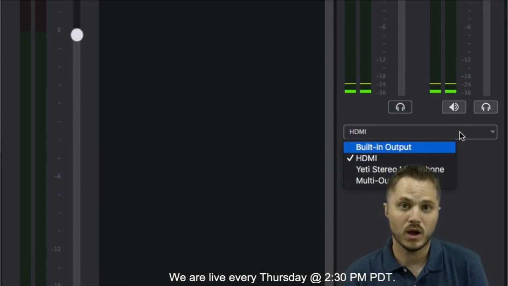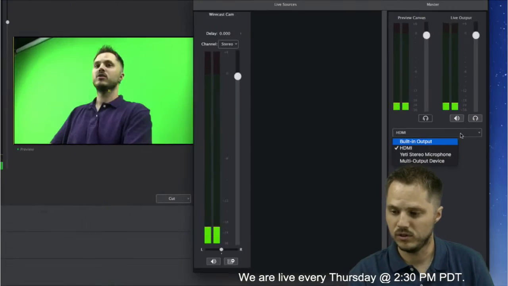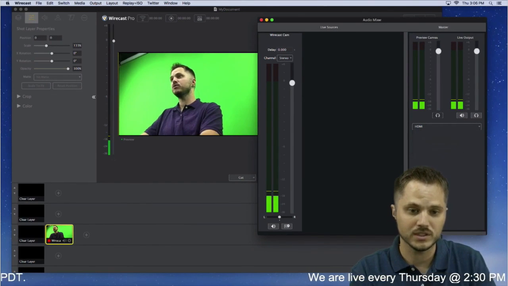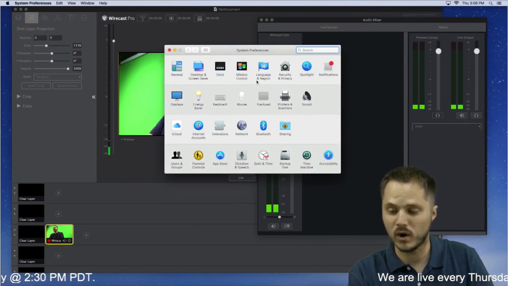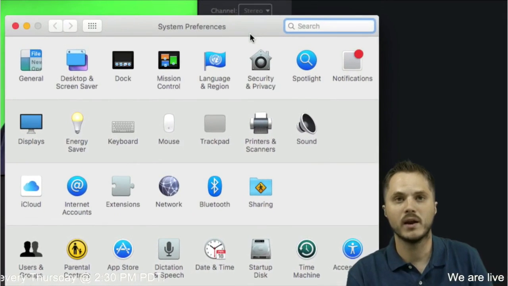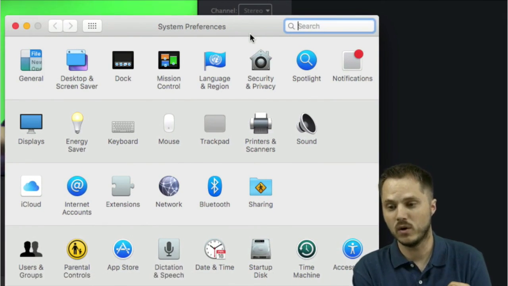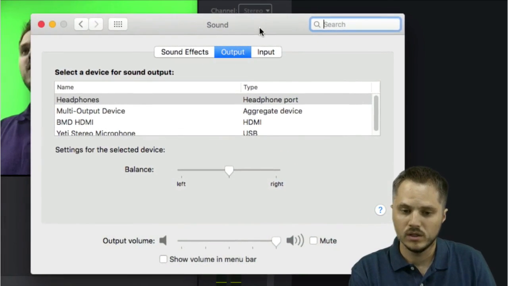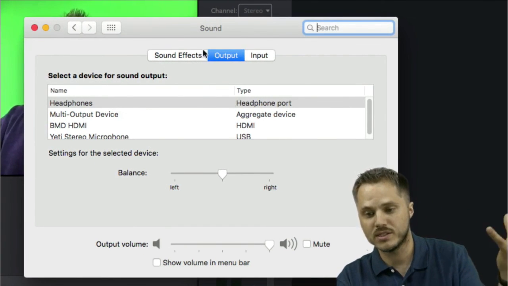Before this, your audio always played to the system output. So if you are a Mac user, then you would have to go to your system preferences, and I'd have to explain this to customers and Wirecast users over and over again. They'd say, I want my Wirecast audio to play out on my HDMI projector, or I want it to go out my HDMI to a recorder. And I would tell them, well, it's only going to play out through the system output.